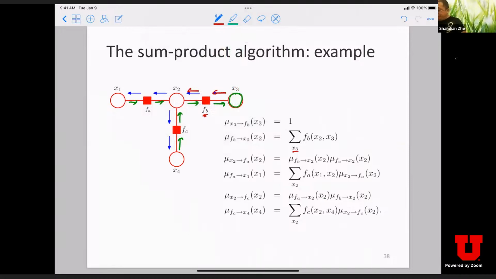And then once x2 has received messages, it can further compute the messages from x2 to its two children, fa and fc. For the message sent from x2 to fa, you can see that if you want to compute this one,